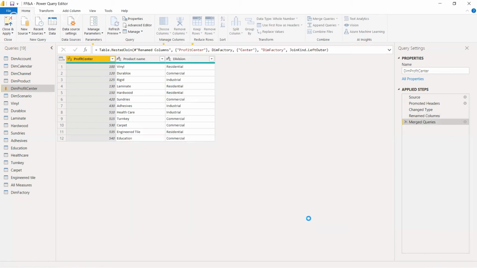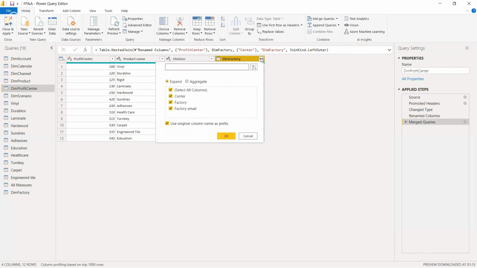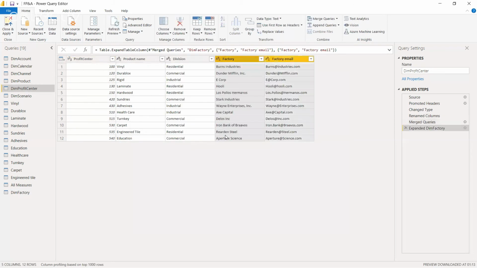So once we've selected that, it's going to show us this. Now for this, we're going to expand the tables. We don't need the center name because it's the same as the profit center, so we're going to uncheck that. And also because we don't want to use the column name as a prefix before all our new join data, we're going to also uncheck this. Now once we do that, we find that our data has been merged, and therefore we can now close and apply,